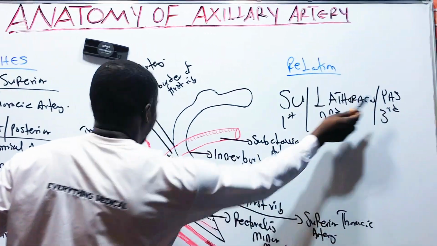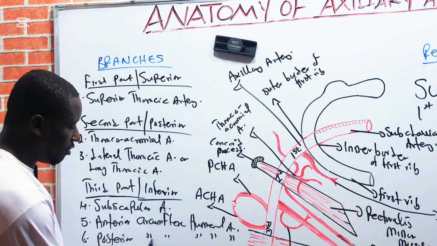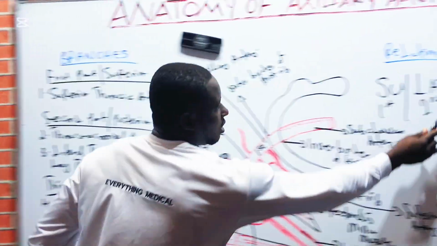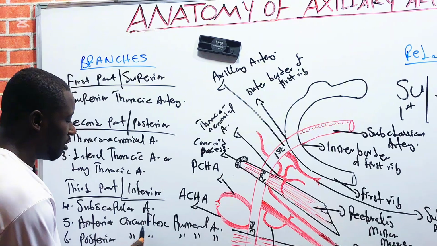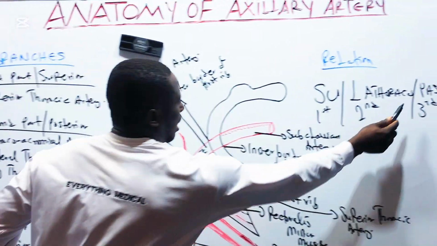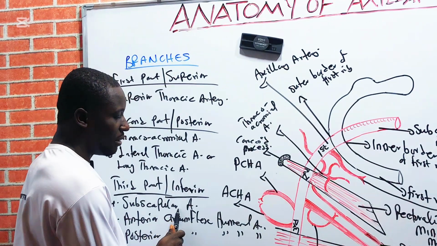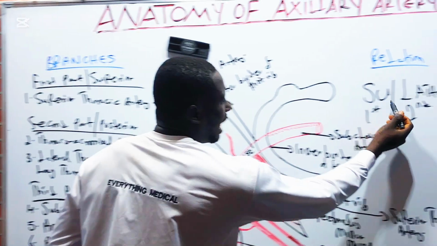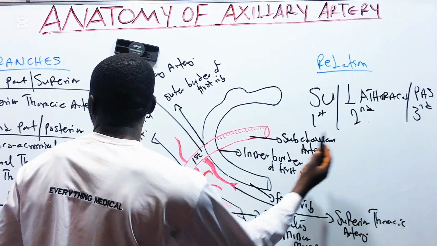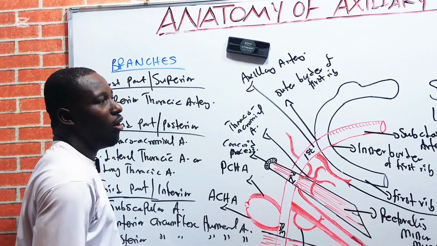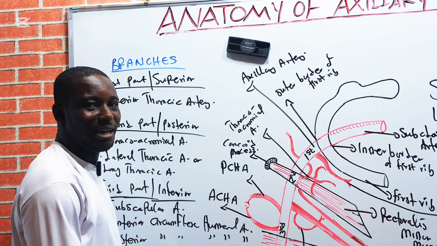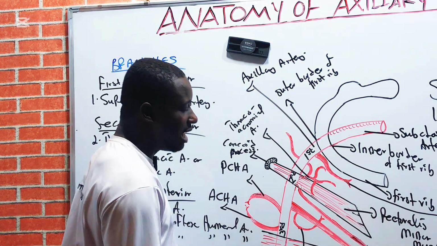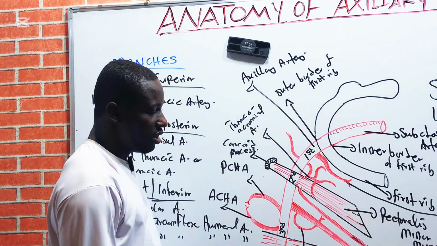Then P is the posterior circumflex humeral artery. A is the anterior circumflex humeral artery. While S is the subscapular artery. So "Sulla thoraco pars" is actually a mnemonic to remember the branches of the axillary artery. Okay, the next we're going to be looking at is